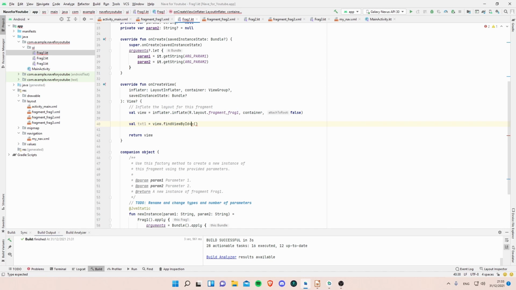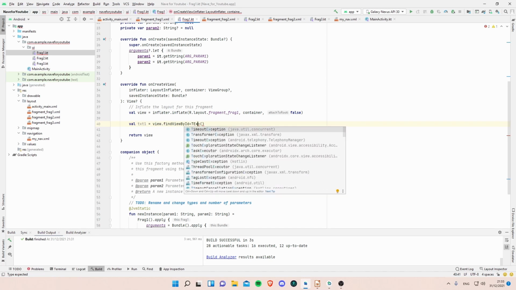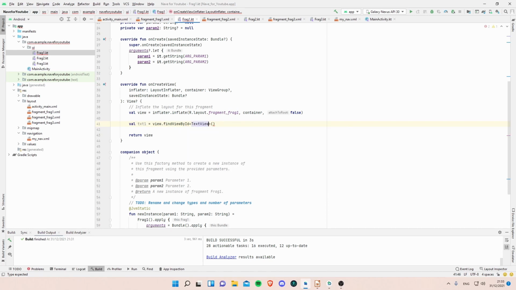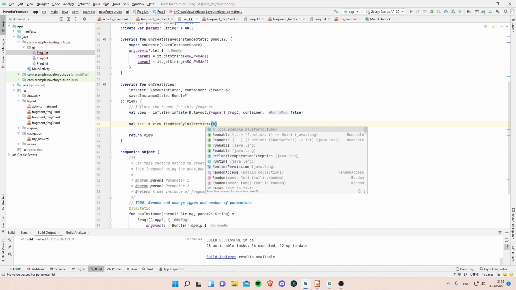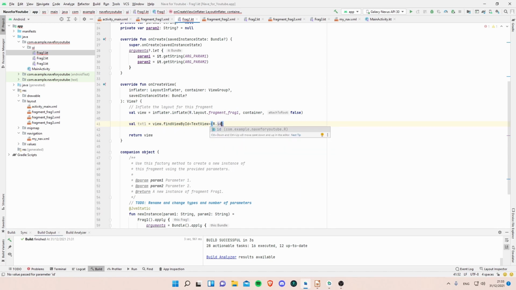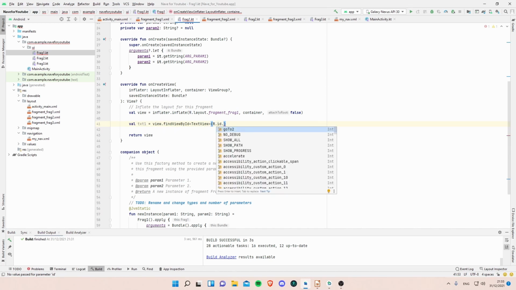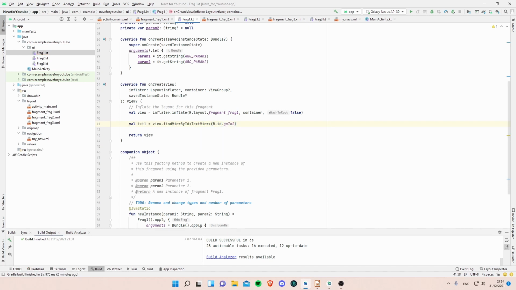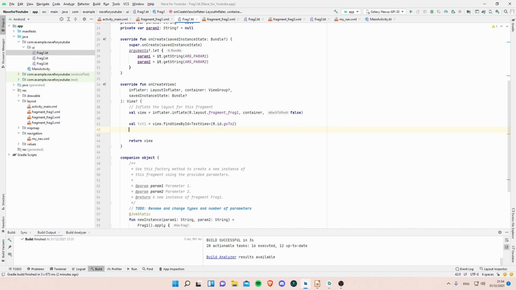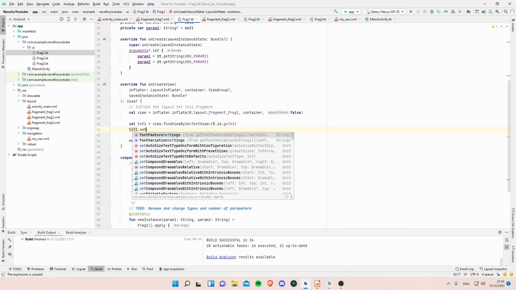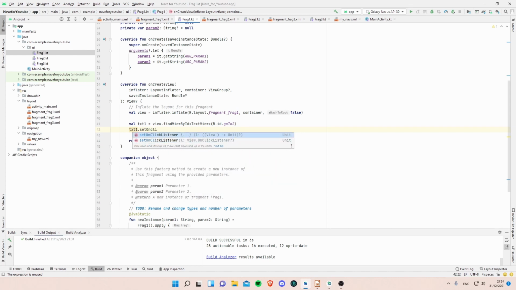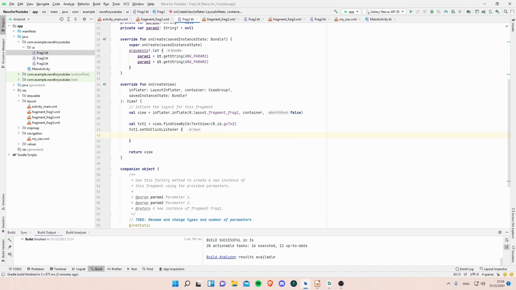So we use findViewById to return a text view, with the ID go to 2. For this text, we're going to set the onClick listener. And when the onClick listener runs, what we want to do is